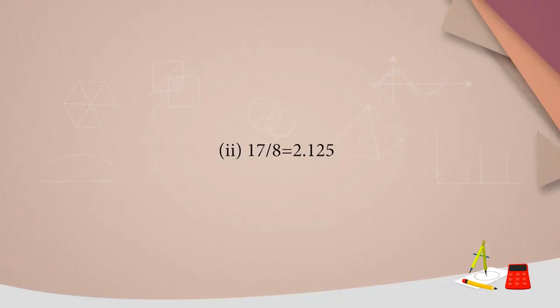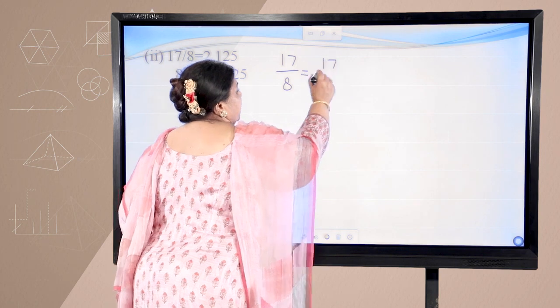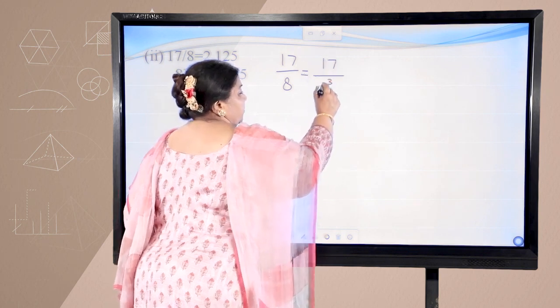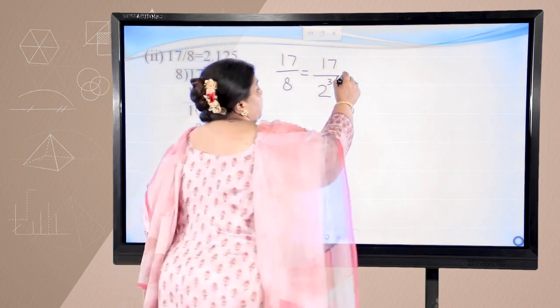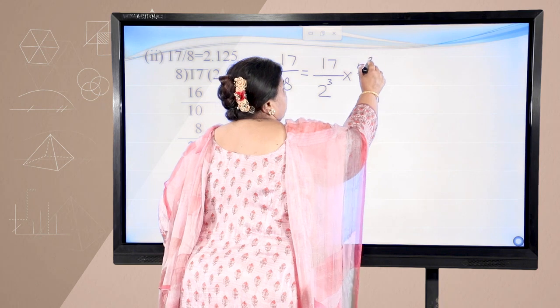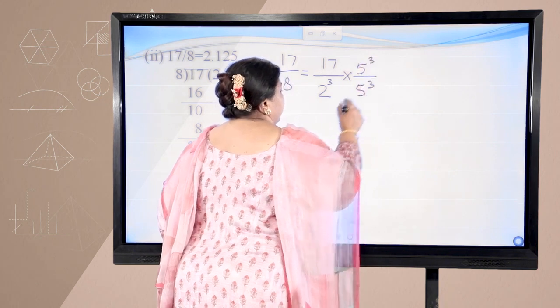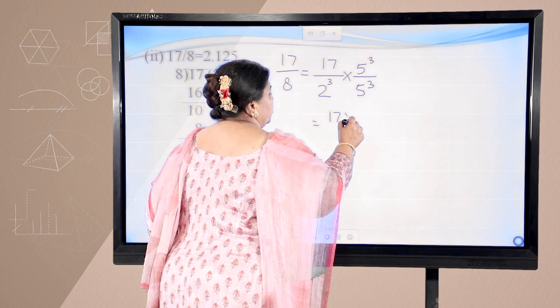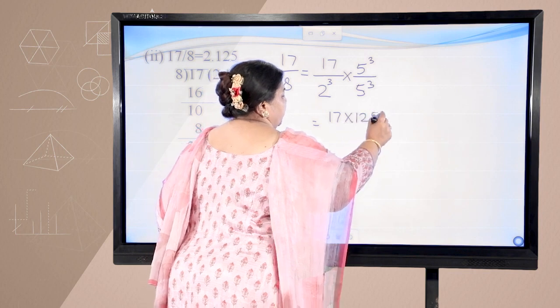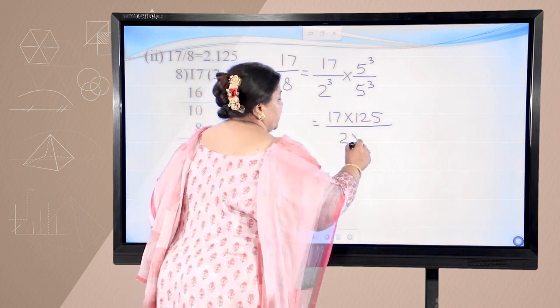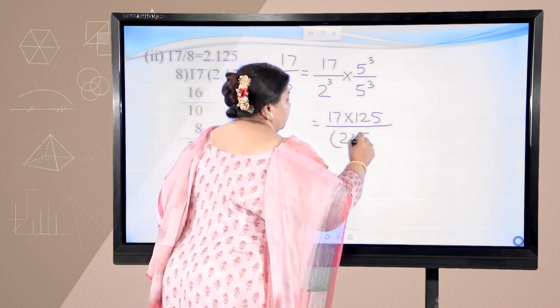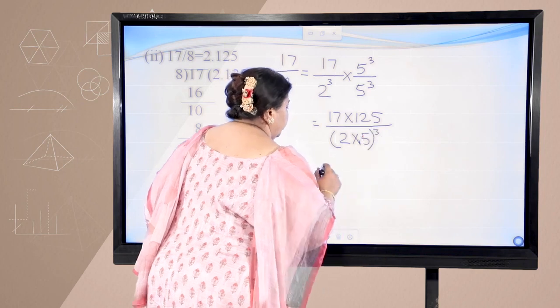Let us do the next part. We have 17 upon 8. Now, what are the factors of the denominator 8? Obviously, 2 to the power 3. We have to convert the denominator into powers of 10. So, we multiply and divide by 5 to the power 3. What do we get? It is 17 into 125, 5 into 5 into 5 is 125, and the denominator is obviously 2 into 5 power 3, which can be written as